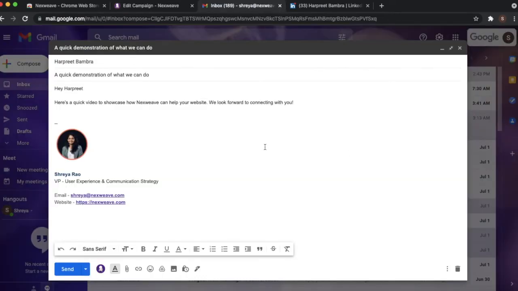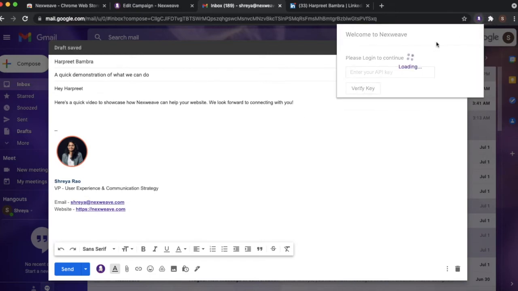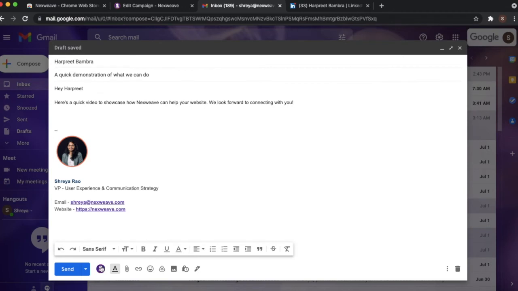So now I'm inside my Gmail account and I've just expanded one of my Gmail Composer. I've pre-filled certain details just to save time. I've put in the recipient's name, a short introduction as well as a subject line. Now, what happens is when you install this Chrome extension, I'll just quickly make sure that it's active, this little Chrome plugin button appears next to my send button inside my composer. So this is what I can use to select the templates that I want to share and plug them into the email.